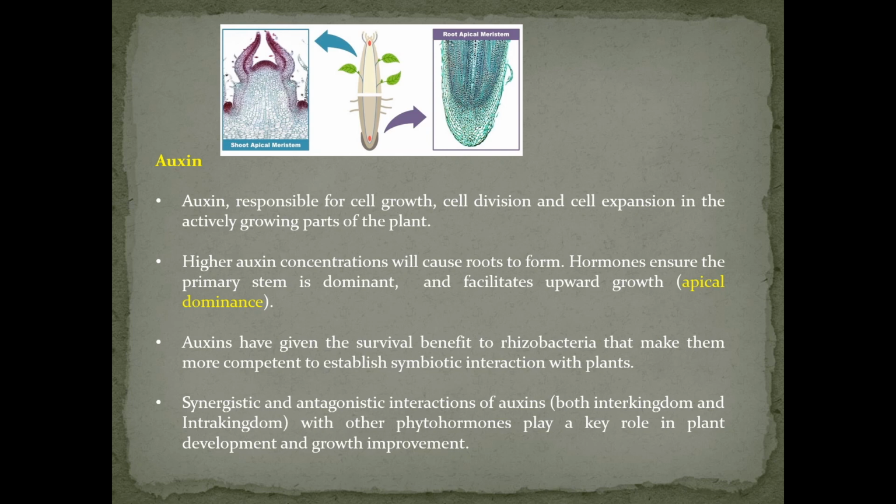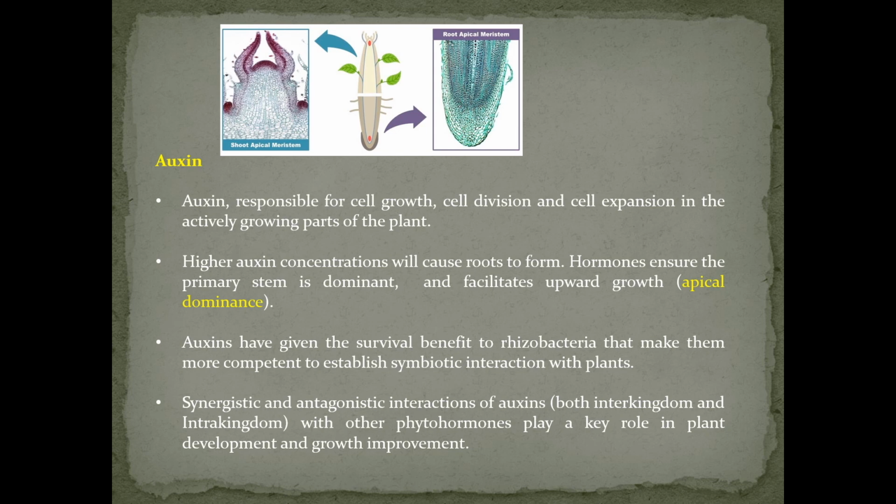Another important role is helping in cell division and cell elongation. Auxin also plays an important role in cell division. Third, it controls xylem and phloem differentiation. Auxin controls the differentiation of the xylem and phloem in stems and roots. There is evidence that a low concentration of auxin induces phloem differentiation, while a higher concentration of auxin is responsible for differentiation of both xylem and phloem in plants. That is the main application of auxin.